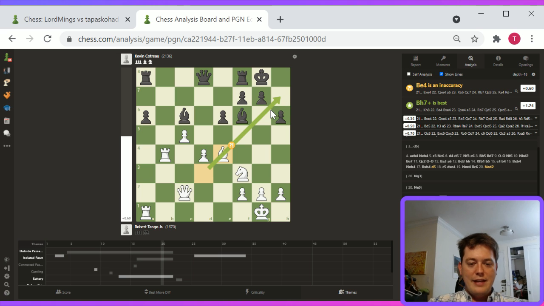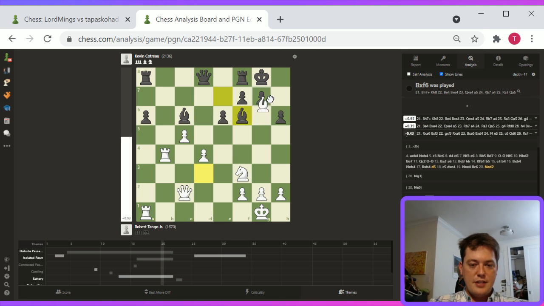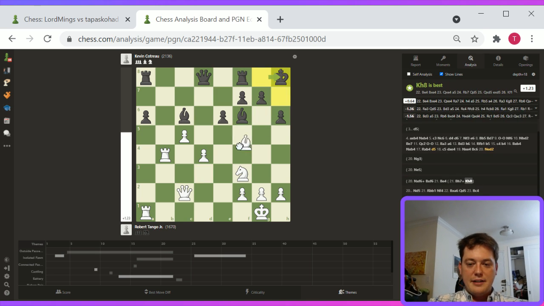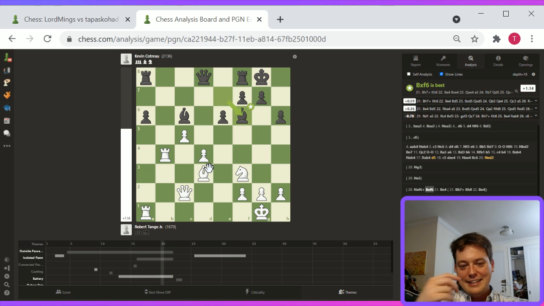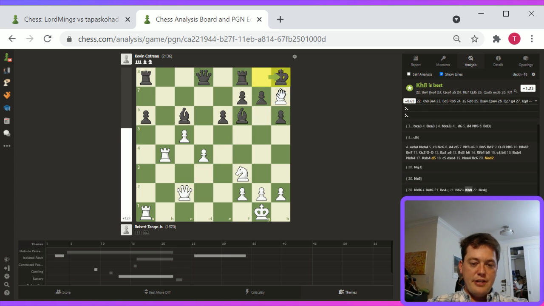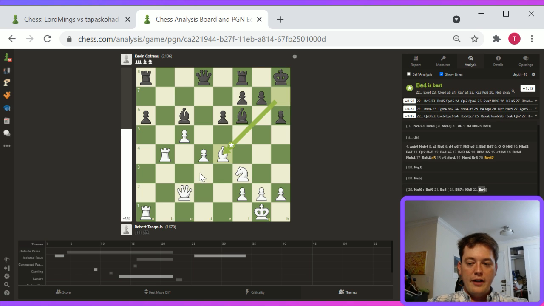The engine is being very nitpicky and saying bishop h7, king h8, then bishop e4. That is a very funny engine-related move, but it actually is correct. That's a really funny example of the engine. So bishop e4 was my idea, but the engine prefers bishop to h7, king h8, bishop e4